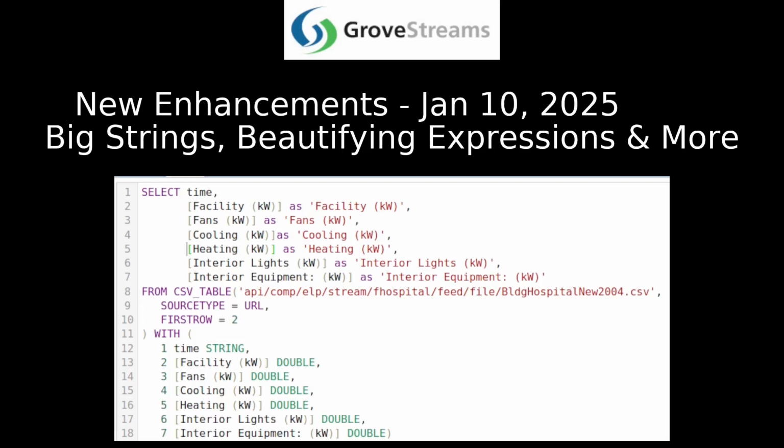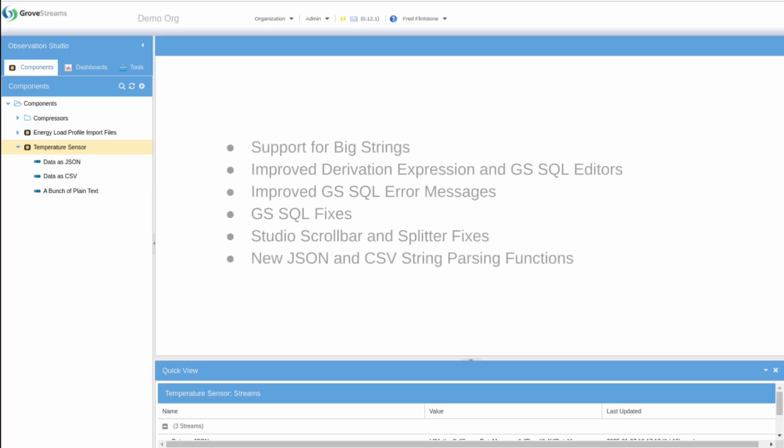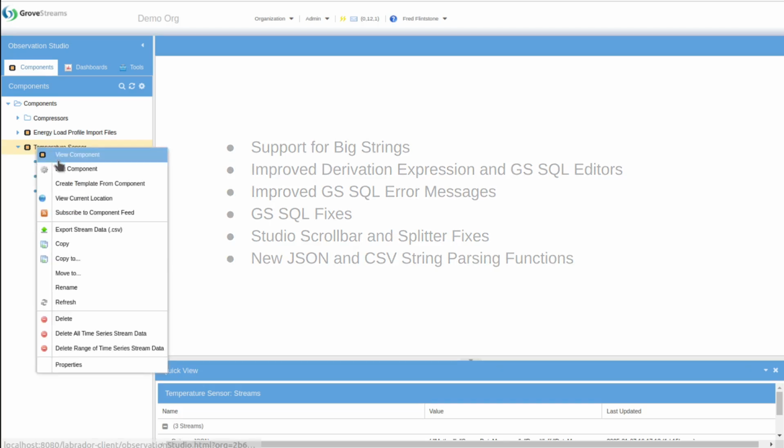Today is January 10th, and I want to go over our latest enhancements. This week's update includes support for big strings, improved derivation expression and GS SQL editors, better GS SQL error messages, several GS SQL fixes, many Studio scrollbar and splitter bar issues have been fixed, and last, new JSON and CSV string parsing functions. These are significant enhancements. I'll review them in more detail, and at the end, I'll explain why we're adopting these